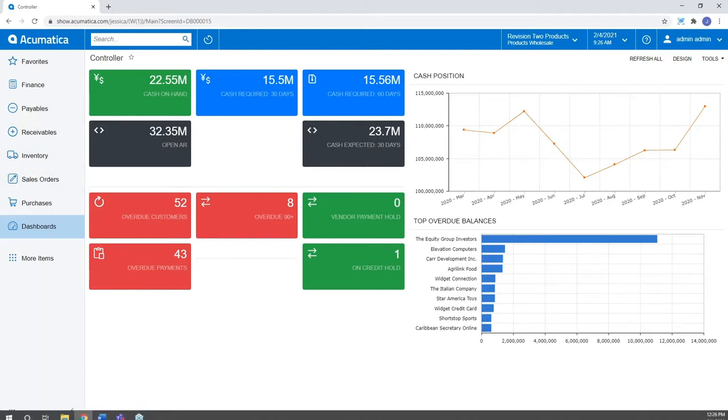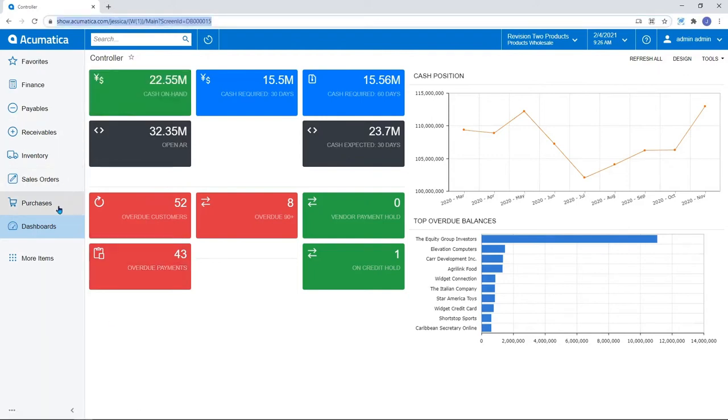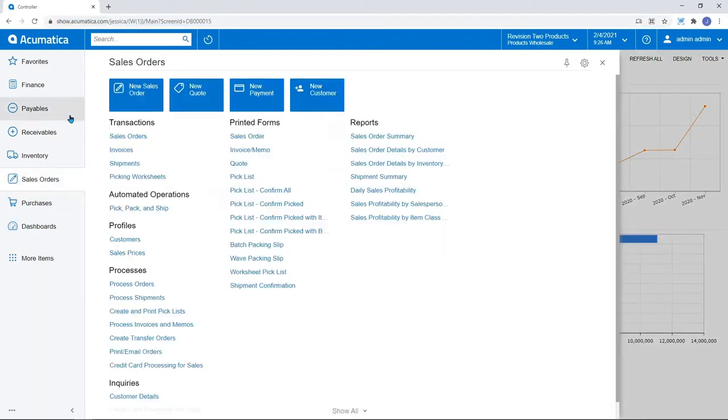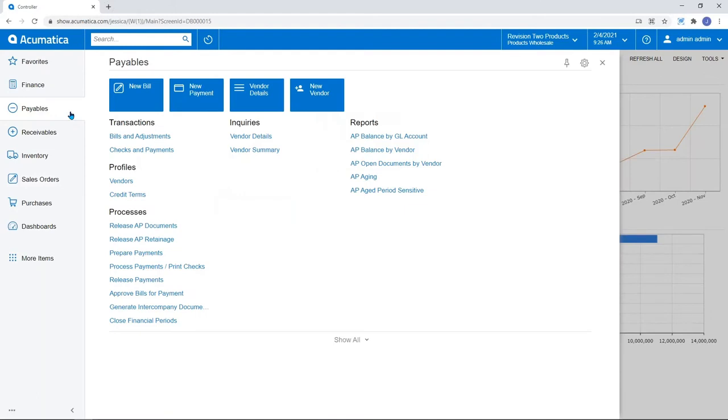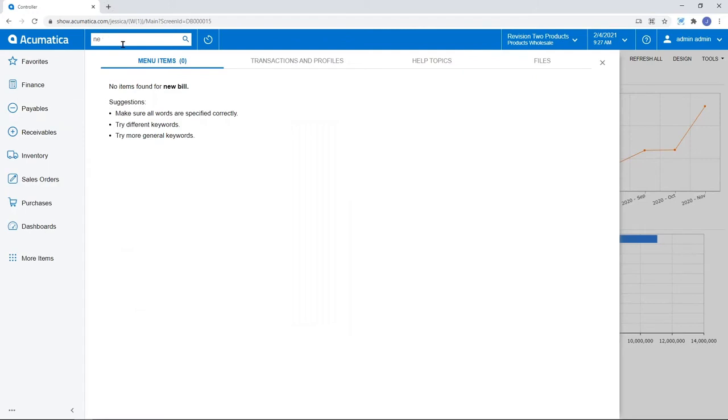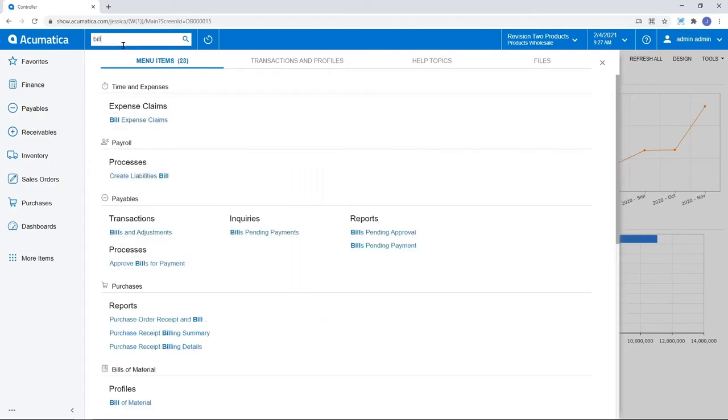I mean, Acumatica is just a website at the end of the day. So I just have to use this like I would use a website. I have my different menu items that I can use to guide me through the system. Very, very clean interface. And I can use the tools within Acumatica to help me quickly navigate around. For example, if I am somebody that manages accounts payable and I can't simply remember how to go in and enter a new bill, I can just go ahead and type in the word bill, and it's going to bring back every area in my system where I can do that.